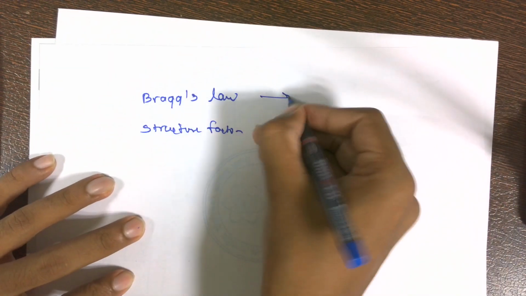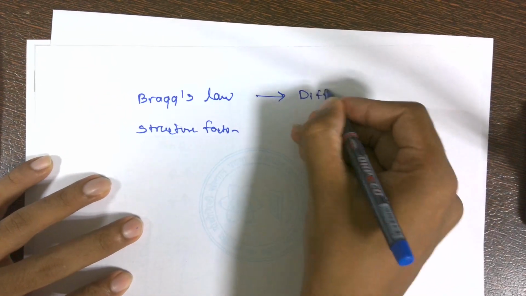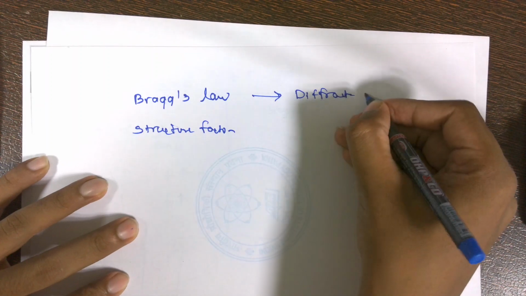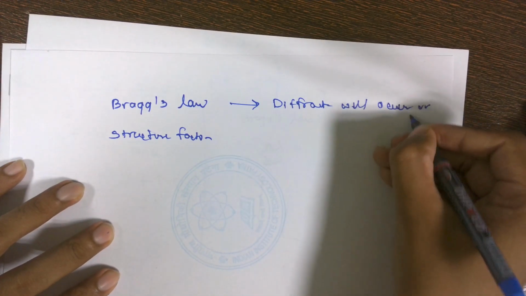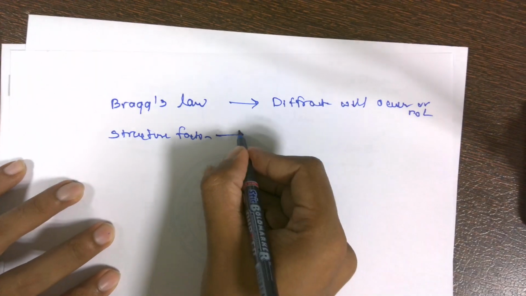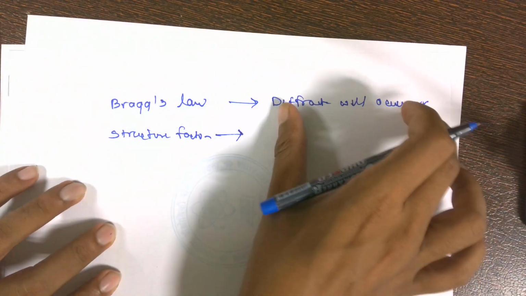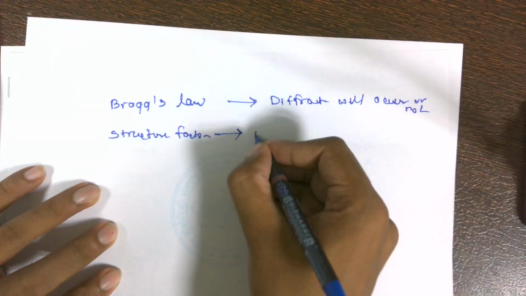Bragg's law will tell whether the diffraction will occur or not. The structure factor will tell, okay, if the diffraction occurred,